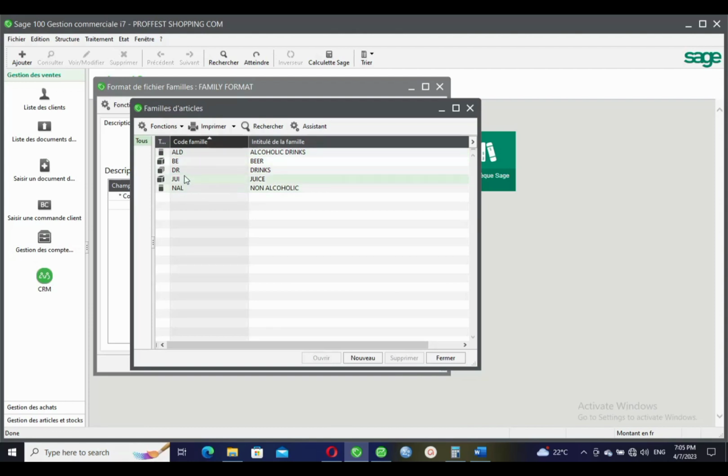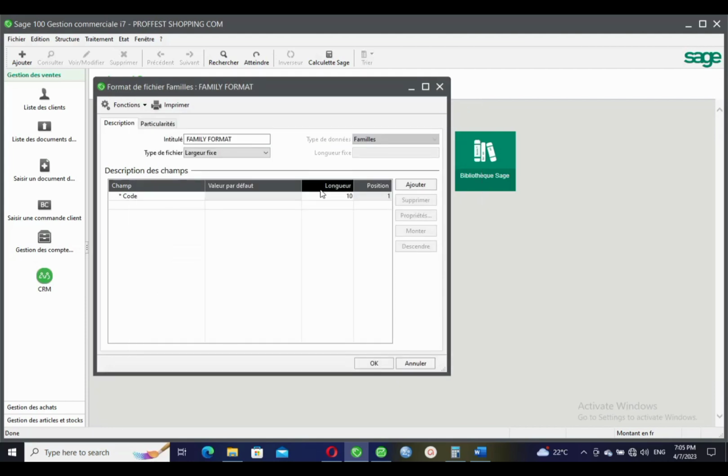I created the codes with different length. Here there are 3 characters, here there are 2 characters, here there are 3 characters. It's going to disturb us when we'll be creating, for example, an import export format, because here they're asking for the length, how many characters it should carry or bring in. So in this case, I will just say, for example, 2 characters, so that it takes just 2 characters